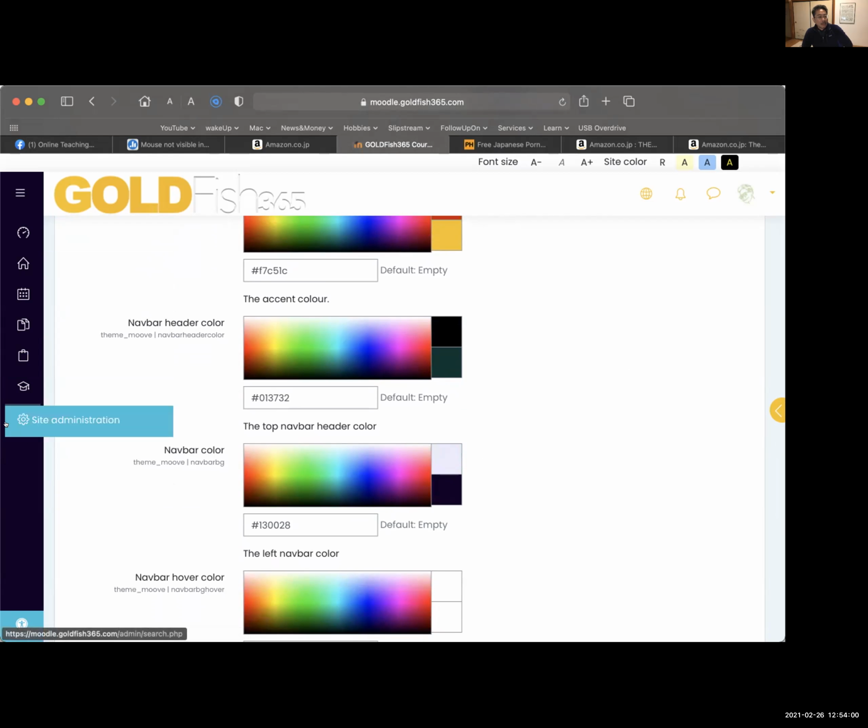That's what that is. Okay. So actually, you might want to copy that value, that 130028, and put it in the navbar header color. No, the other way around, maybe. Wait a minute. Say that again. If those two values are the same, your top bar and your sidebar navigation will match. Is that a bad thing? That's a good thing. I think it looks better when they're matching, because